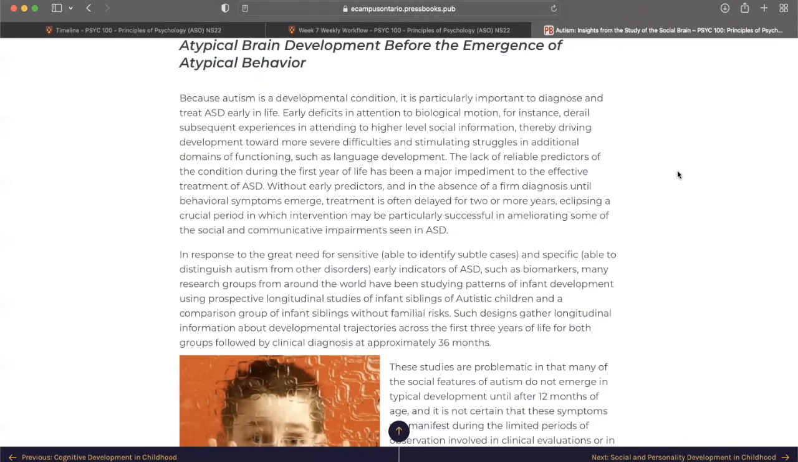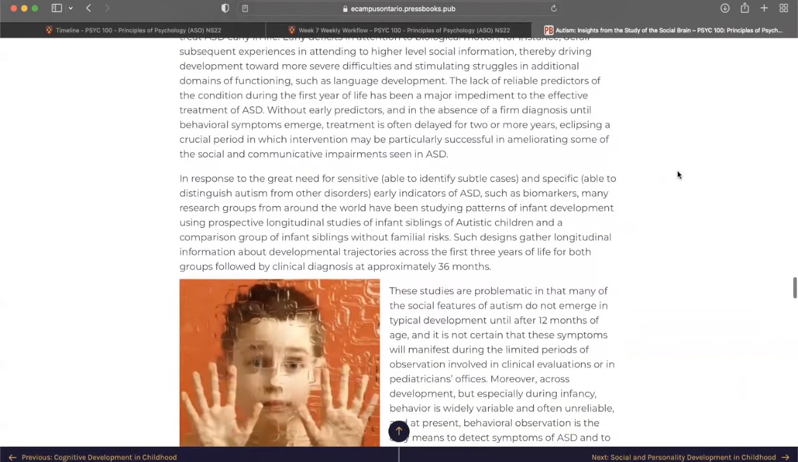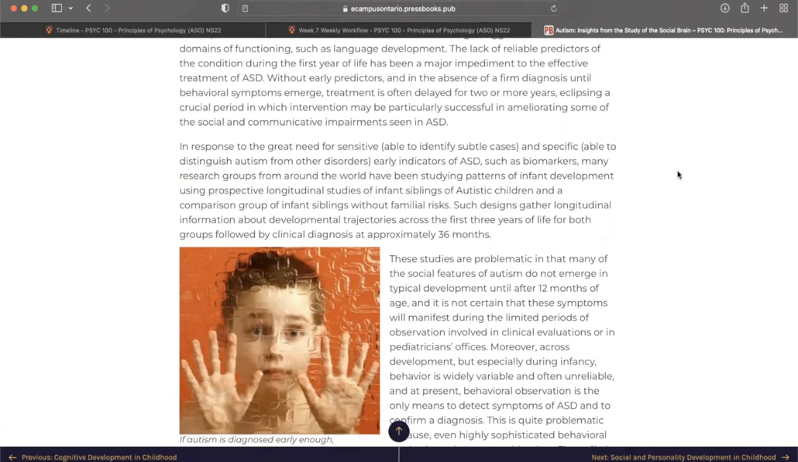Without early predictors and in the absence of a firm diagnosis until behavioral symptoms emerge, treatment is often delayed for 2 or more years, eclipsing a crucial period in which intervention may be particularly successful in ameliorating some of the social and communicative impairments seen in ASD. In response to the great need for sensitive, able to identify subtle cases, and specific, able to distinguish autism from other disorders, early indicators of ASD, such as biomarkers, many research groups from around the world have been studying patterns